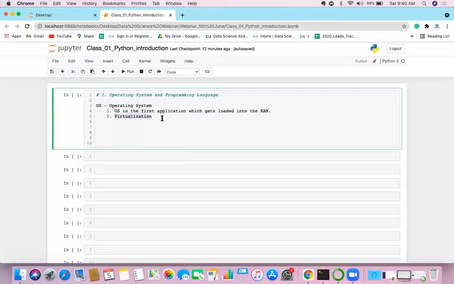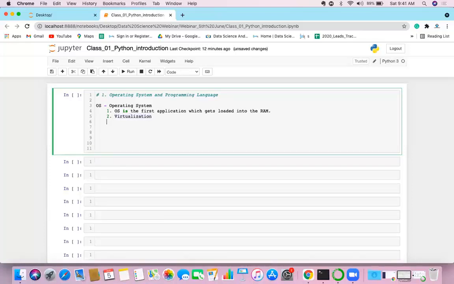With the help of virtualization, the operating system lets you run different applications on your system. A lot of people have replied that the operating system is required to run applications on our system, right? That is the correct answer. So basically, how does it run? There might be numerous tasks of the operating system. We are not going to discuss the operating system in depth. I'll just have a discussion on this for 5 minutes, and then we'll go to Python programming. Basically, what the operating system does is virtualization, as well as